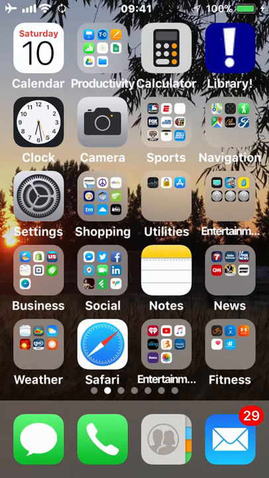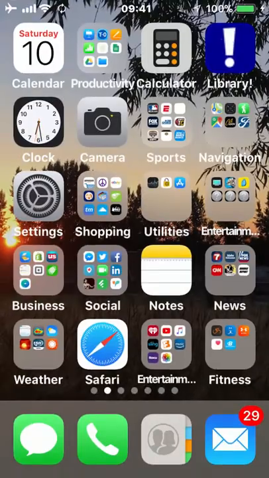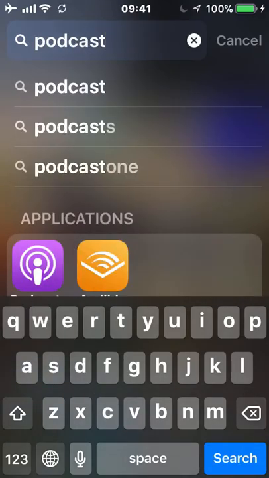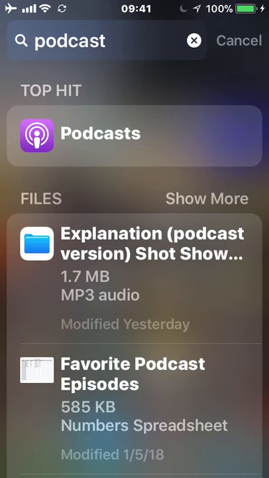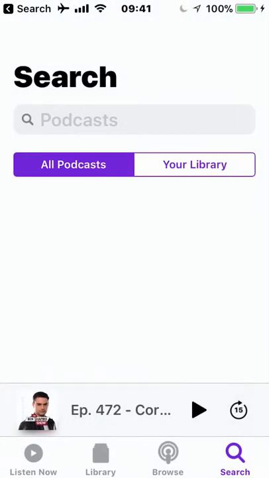If you take your finger and you just pull the screen down, oh, sorry, it closed on me. If you just pull the screen down, you get this search box right up here. So in the search box, and I know the app is already there, but I want to show you how to do it, just type in podcast. Everybody with an iPhone is already going to have a podcast app on their iPhone. So after you search for podcast in that box, your podcast app will pop up. Once this button pops up, if you go down here and you press on that,